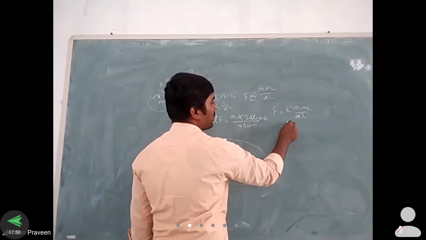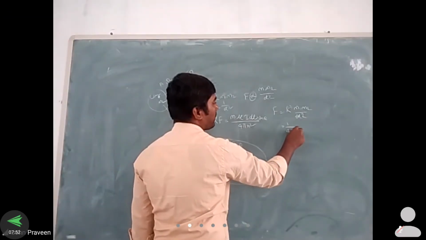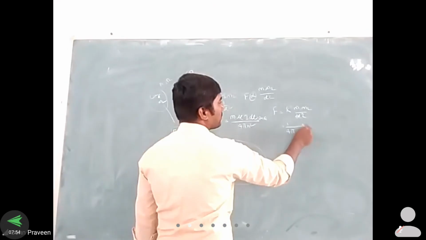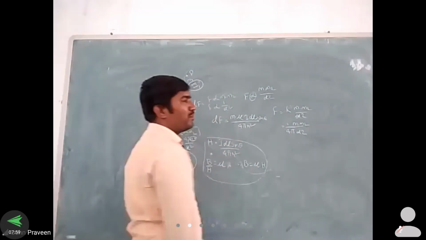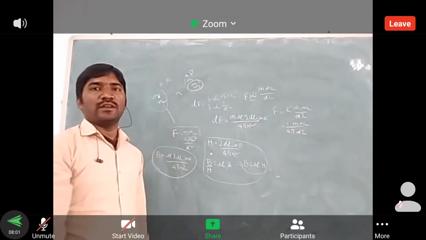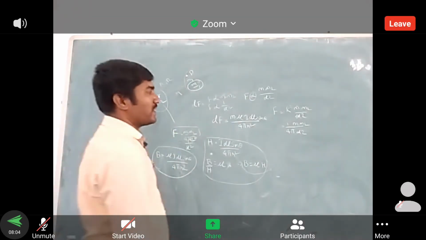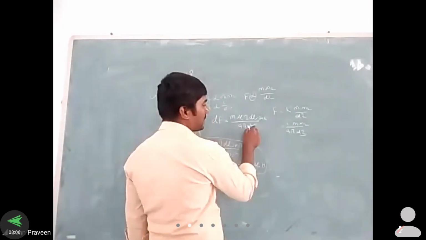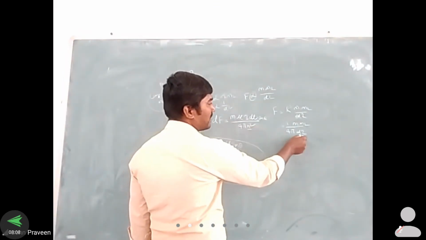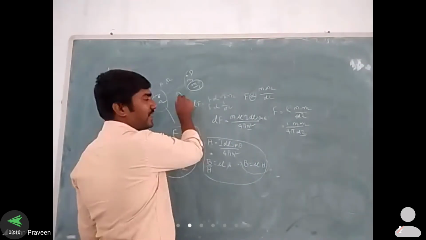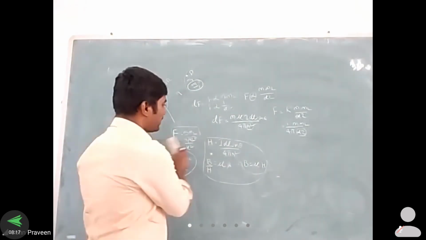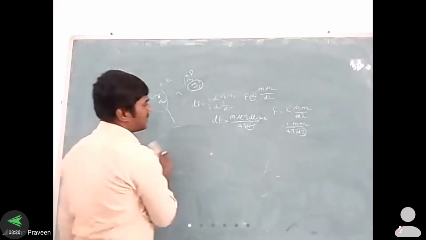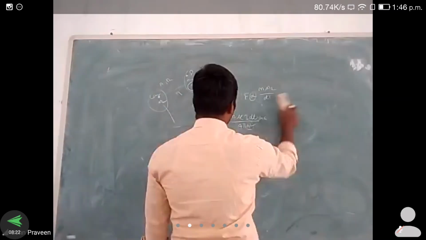So the constant is 1 by 4 pi, d square, m1 m2. There we consider the meter values, permeability, right? So from there for the simplification, instead of d we are selecting r, because there is a radius. Because of that reason, instead of d square we are taking r square. That is a major difference, right? I hope it is clear.